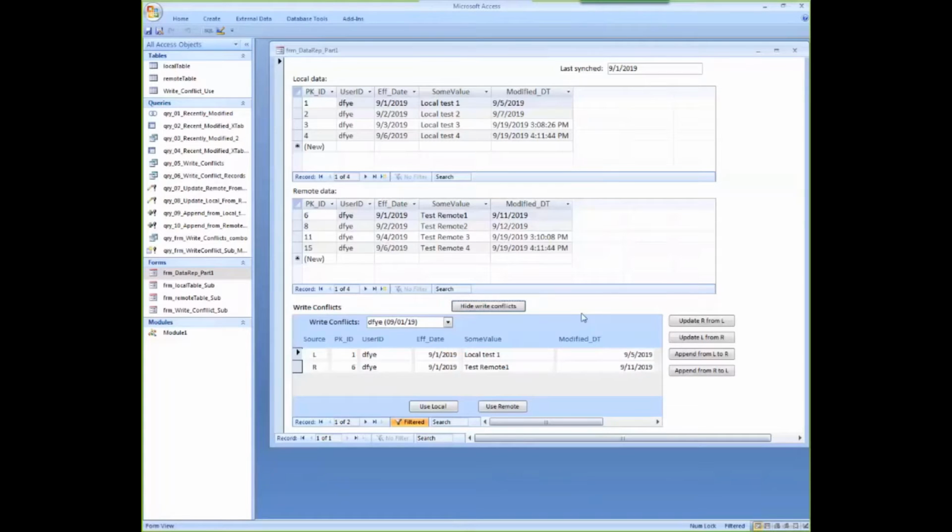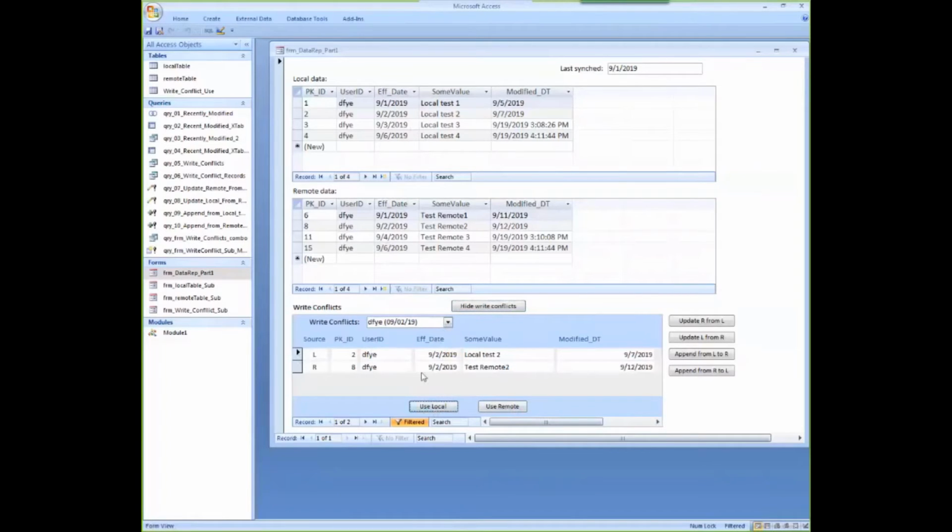So at any rate, for this particular app, the client and I talked this through a little bit, and their comment to me was the pumper is always right. So the pumper is the one that has the local computer. It controls the local computer. So I wanted to give them an option. Basically what we're doing is identifying all of the potential conflicts and letting them review them. And then they can pick use local or remote. And for the two instances we have, I'm just going to pick one. For the first one, I'm going to pick use the local.